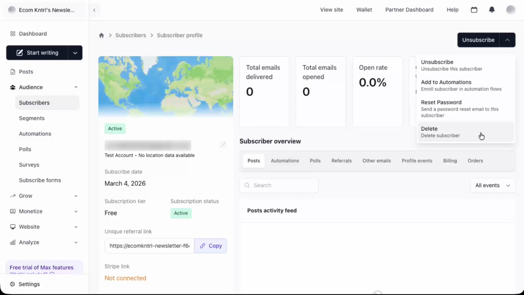When you click Delete, Beehiiv may ask you to confirm that you really want to remove the subscriber. Confirm your choice, and the contact will be permanently deleted from your subscriber list. And that's it. By going to your dashboard, opening Audience, then Subscribers, selecting the specific contact, opening the drop-down next to Unsubscribe, and choosing Delete, you can quickly and safely clean up your Beehiiv